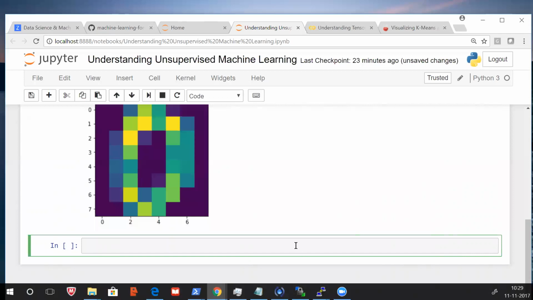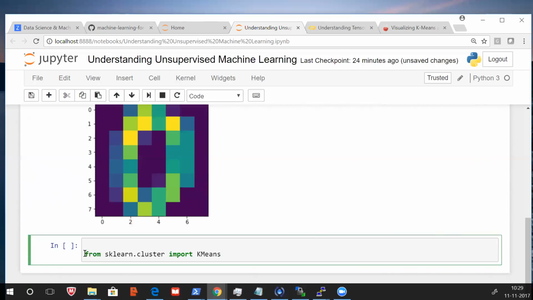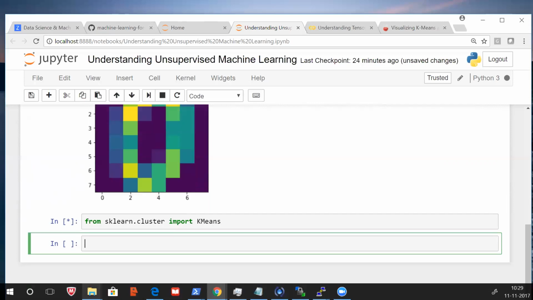So it is actually supervised, but you're taking only the features, not the target, so that will be unsupervised. Okay, just in case. So let's do this. This is your kMeans.